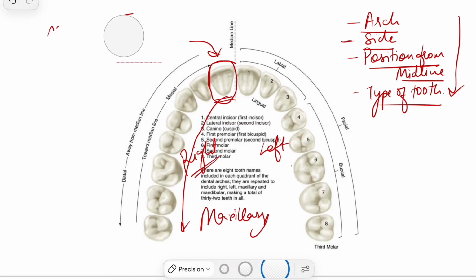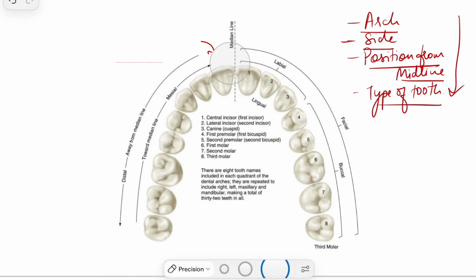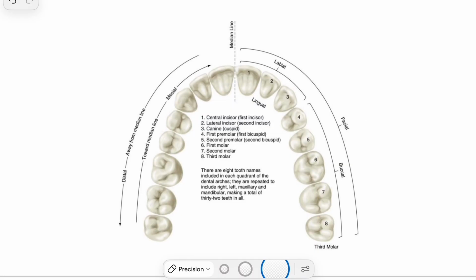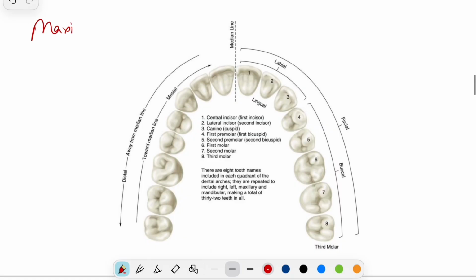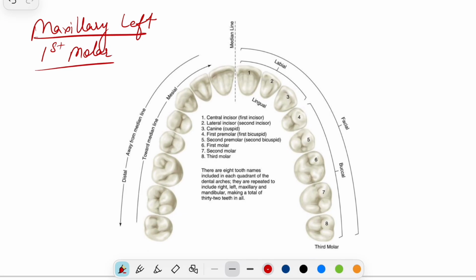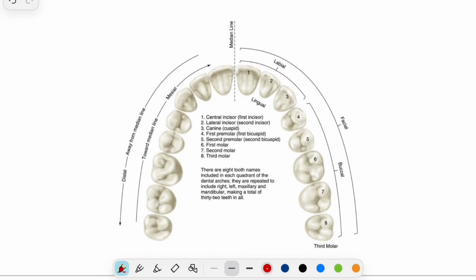I'm just going to wipe this off, and I'm going to give you a name, and you are going to solve that on your own. Maxillary left first molar. Maxillary left first molar, and you'll be doing that on your own. Okay, so now our next